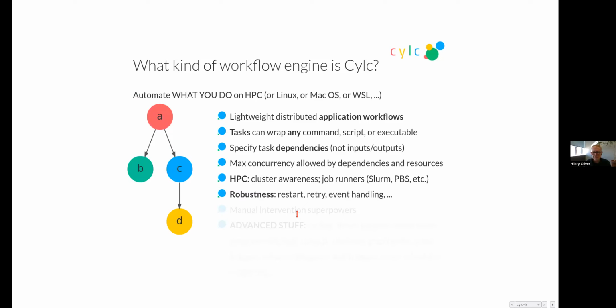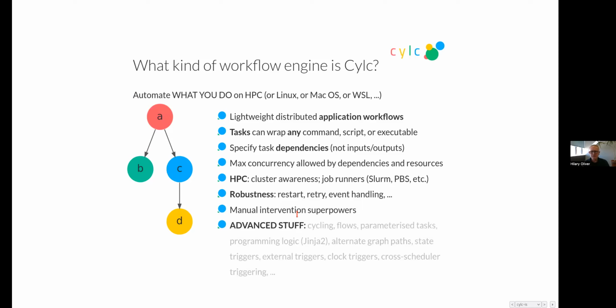There's a whole lot of stuff which I'm not going to get much into today because we won't have time, to do with robustness needed by production systems where Cylc is used. Recovering automatically from all sorts of failures. You can make your workflows do that. And Cylc has essentially manual intervention superpowers. If things go wrong, you can intervene in your running workflow to kill jobs, re-trigger jobs, do all sorts of things. A whole lot of advanced stuff. Again, we can save this for future workshops. Perhaps if people are interested, there's a possibility we could run those.